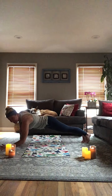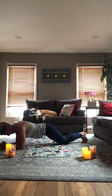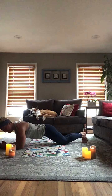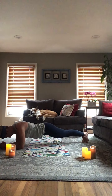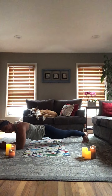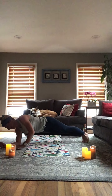Left arm folds down, then the right. Squeeze the knees. Tap. Tush. Tap. Tush. Now avoid sinking, right? Stay strong in the shoulders. We're almost there. Hold your plank, here or here. Left arm straight, then the right. Plank,